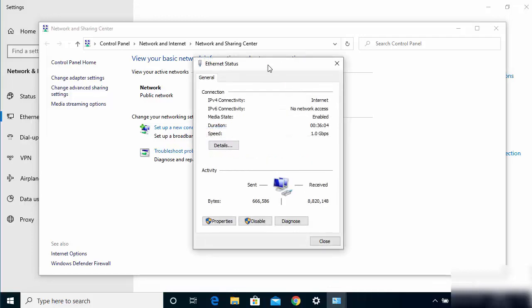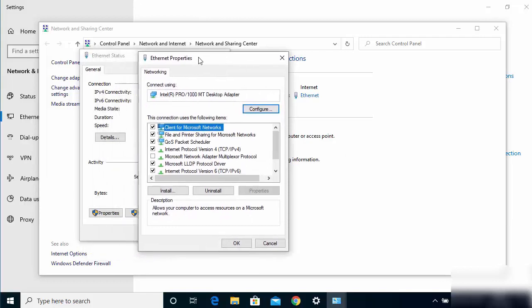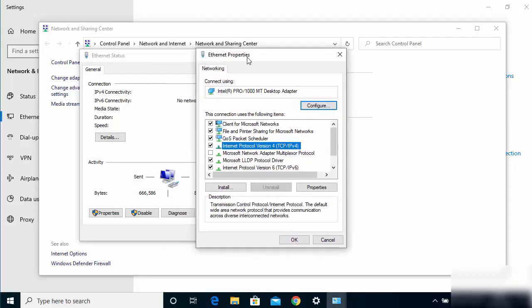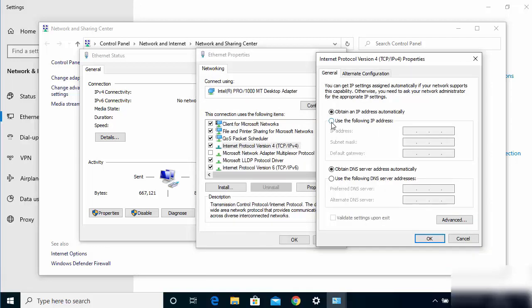So just click on Ethernet option and then you just need to click on the properties option here. So just click on the properties, and once your Ethernet property window opens, you need to select this option which says Internet Protocol version 4 and then double click on this. Now here you need to select this option which says use the following IP, and then just type this IP address